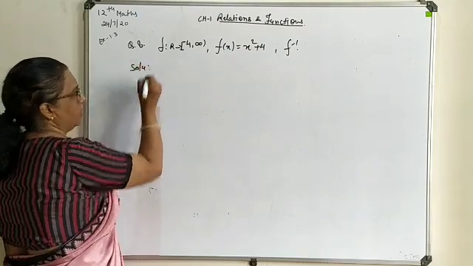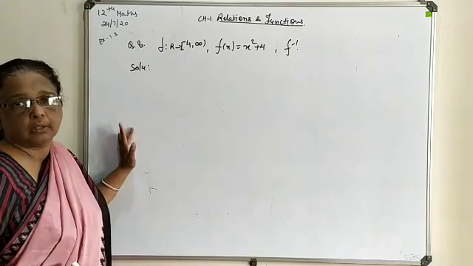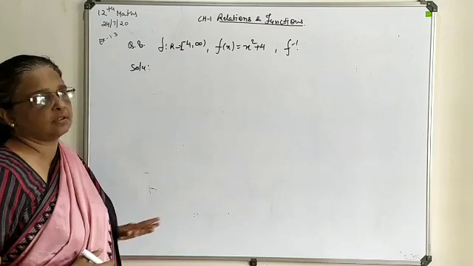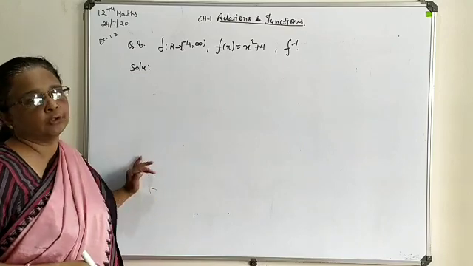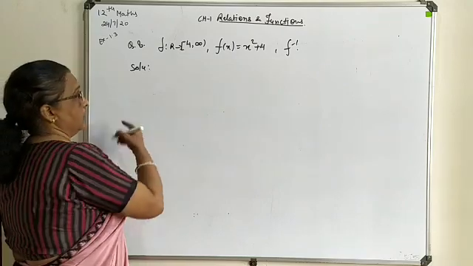Every time it will not be asked separately in the question that you find out one-one or onto condition satisfy. You have to find out at your own level, and then at last you will find out f inverse. Directly, don't go for evaluation of f inverse. Now let's start with the